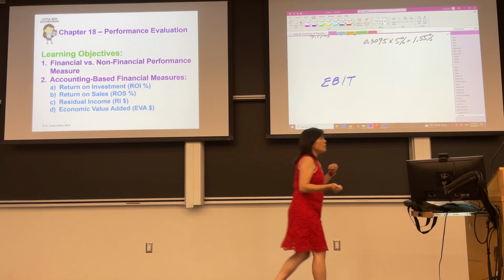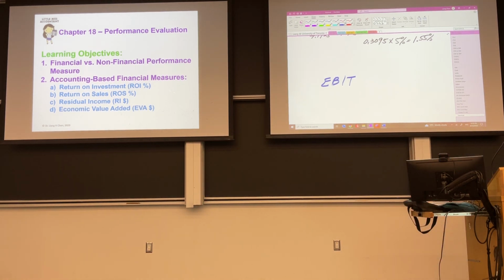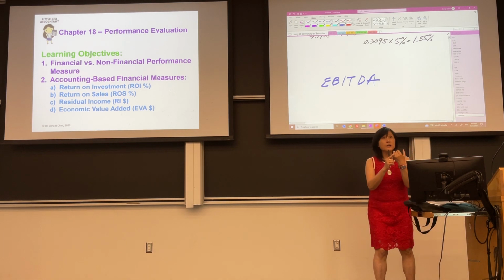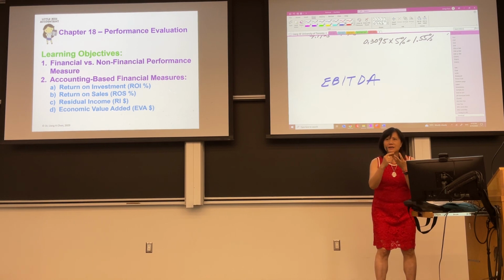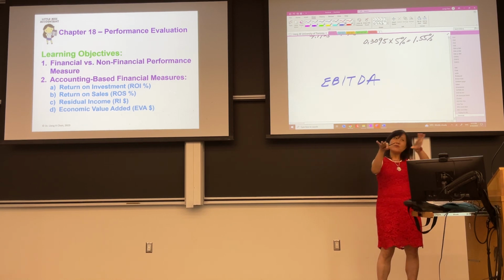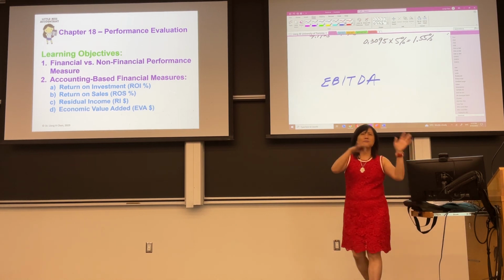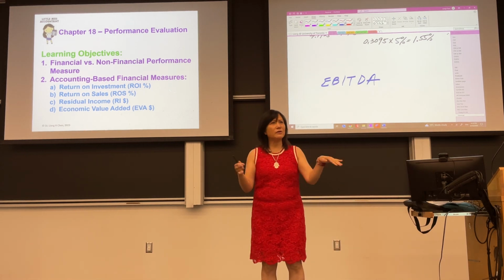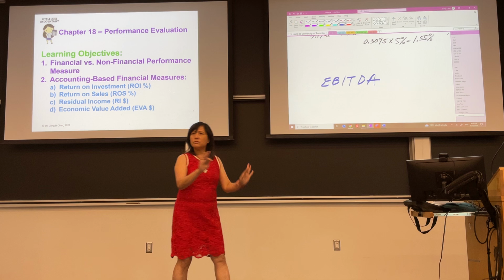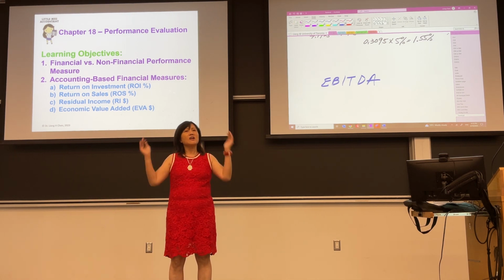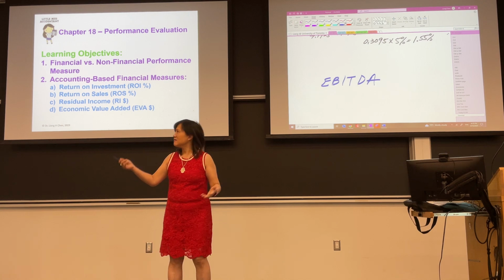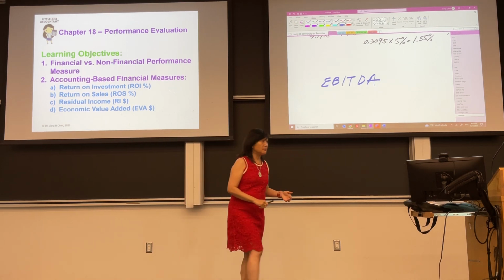Okay, let's be fair. So sometimes we use a number, this is for internal evaluation, we use something called EBITDA. You heard about EBITDA? If you watch business news, you're going to hear EBITDA a lot. It's earnings before interest, taxes, depreciation, amortization. That's good, okay? We don't worry about depreciation, amortization, big organization, smaller unit, doesn't matter. Interest, we don't worry about it. And taxes, we don't worry about it. So now everybody's fair. $100 of sales, what do you get? Okay, return on sales, return on investment.